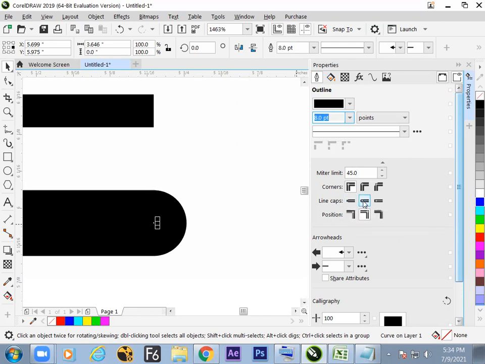One is rounded and one is extended. Rounded, extended, and it will go from the edge to the extra outside. But if you need to go cut to cut, then go for square. So round and extended are the next two properties of the line we got to know.